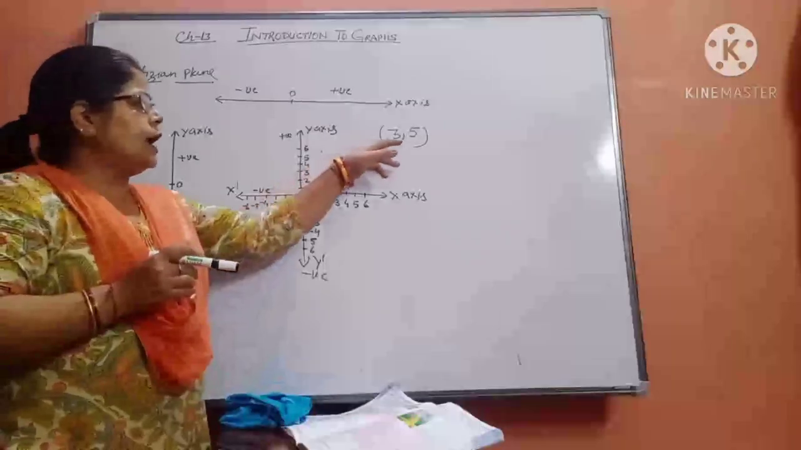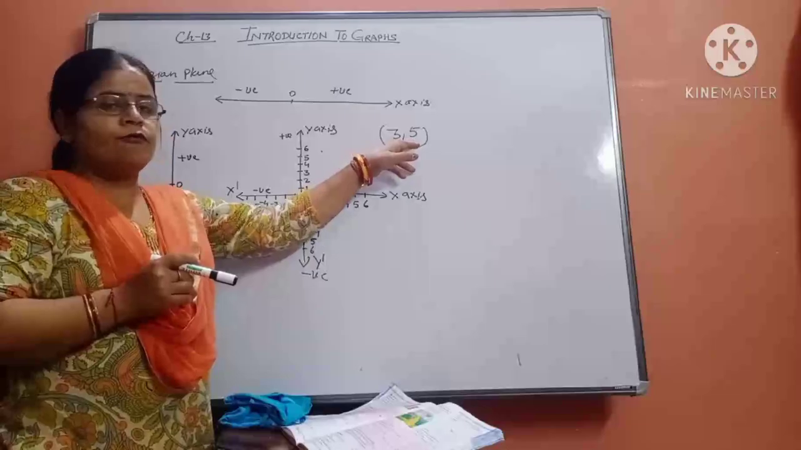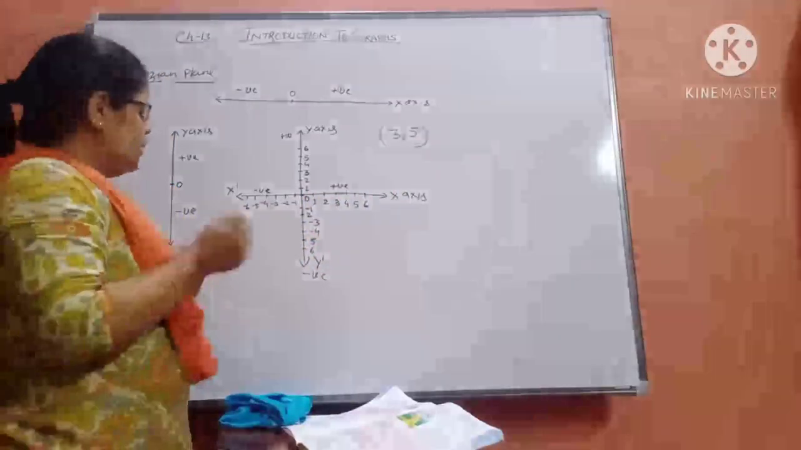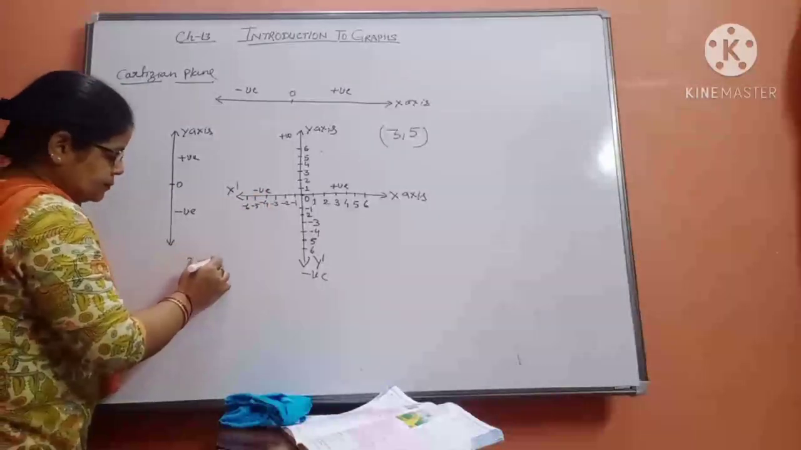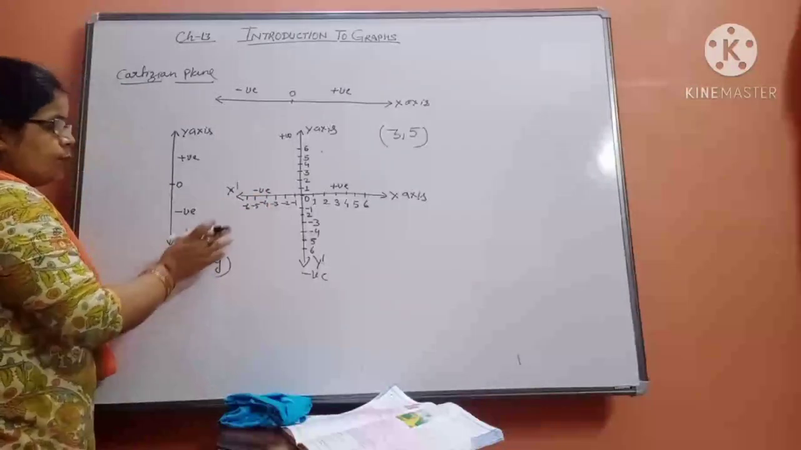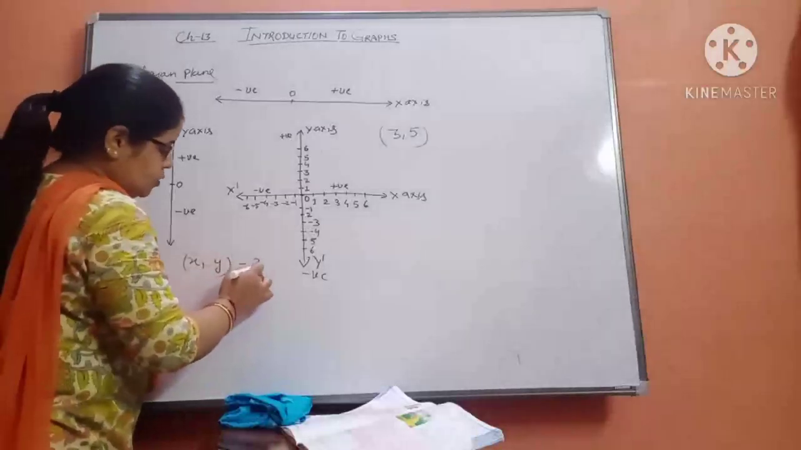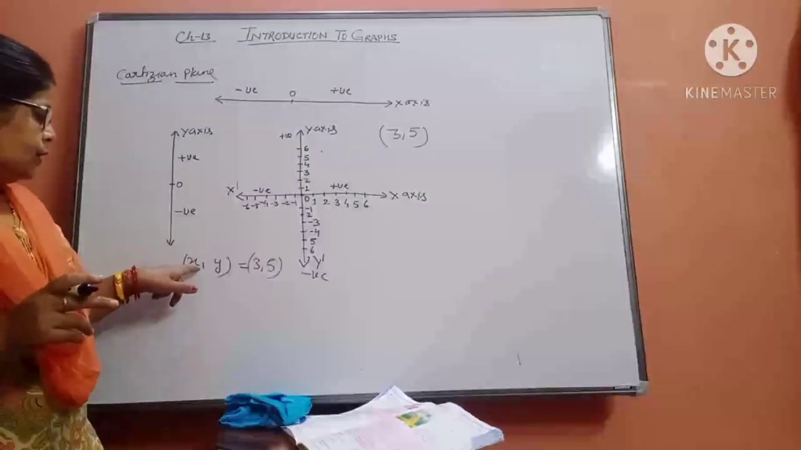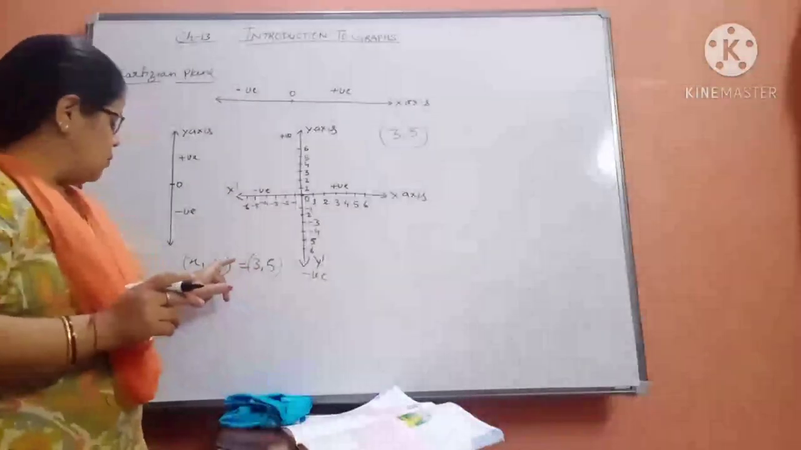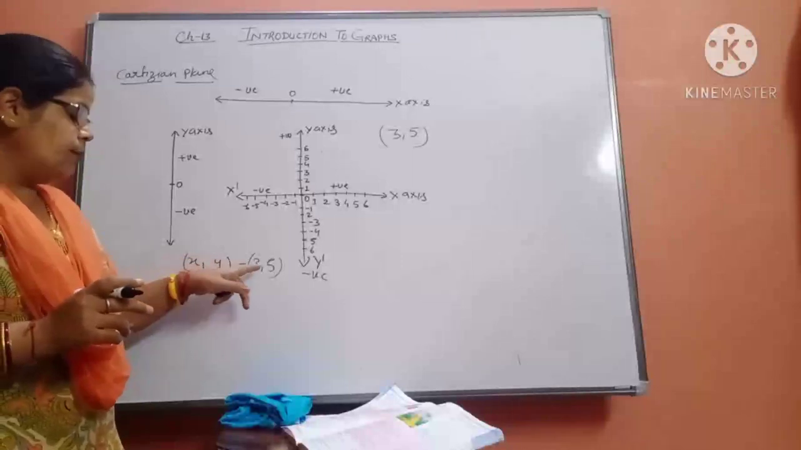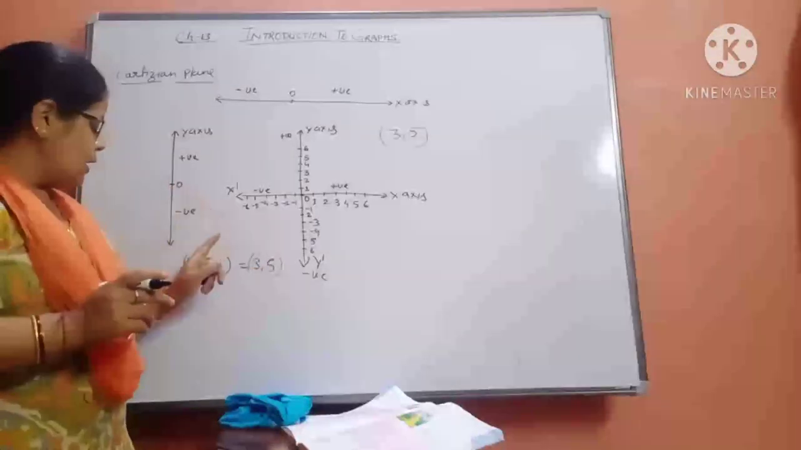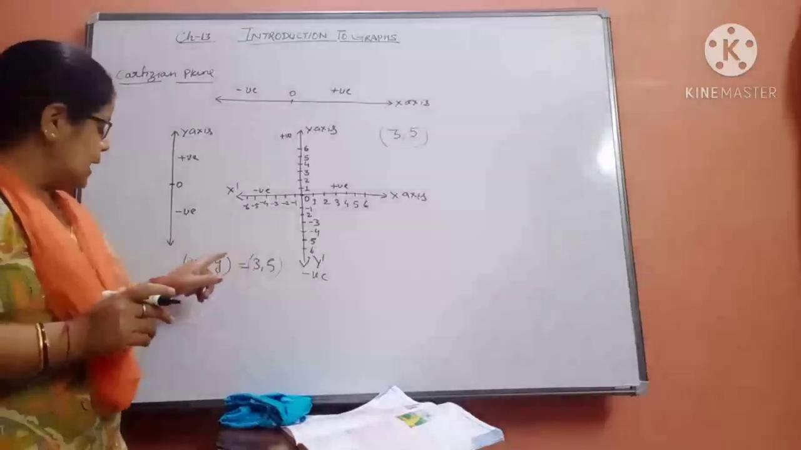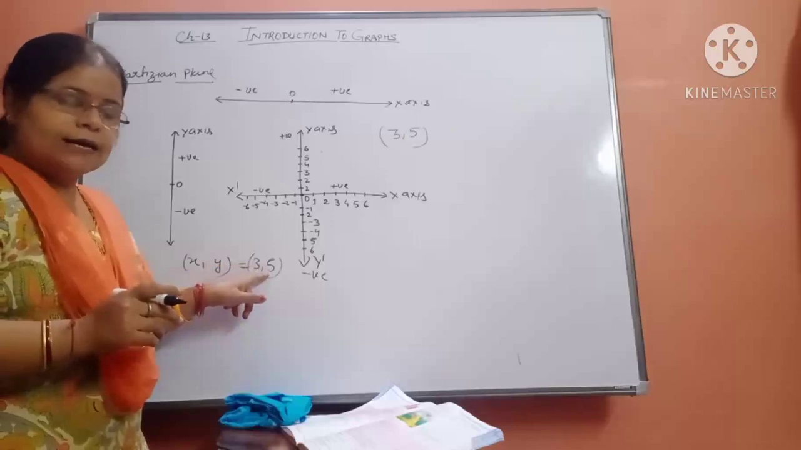Suppose we would like to denote 3, 5. Always the points will be in pair. In pair means beta x, y. Suppose we have given x, y is equal to 3, 5. It means the first coordinate represents the distance on the x-axis, and the second coordinate will be on the y-axis. Again understand, first coordinate will be on x-axis and second coordinate will be on the y-axis, and the